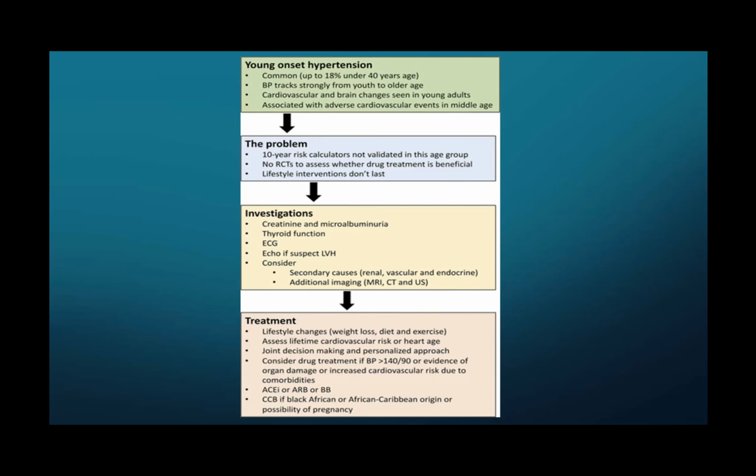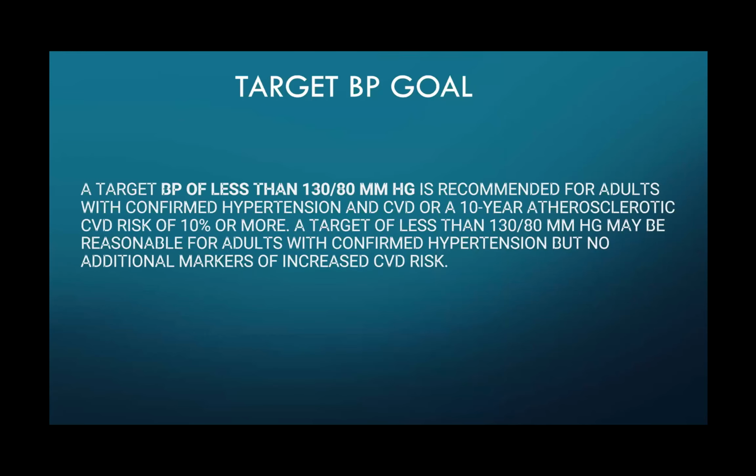And again, if you have African-American patients, you're thinking about CCBs, diuretics, things like that. So your target blood pressure goal in general in a patient should be less than 130/80. And this is something that is recommended for somebody with hypertension and cardiovascular disease, or with a 10-year ASCVD score of 10% or more. But again, like we discussed with hypertensive emergency, how dropping the blood pressure is not the